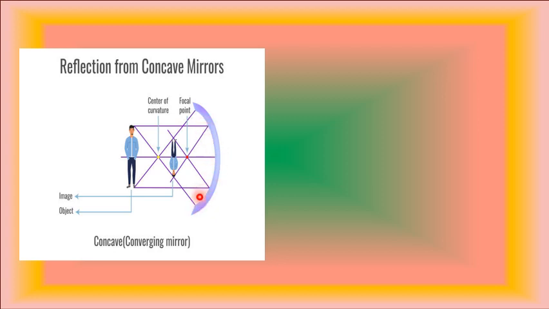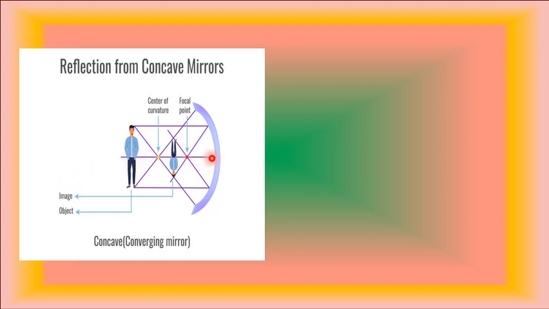It is called converging because when the reflected rays are traced, they tend to converge somewhere in the principal axis. So the imaginary line that connects the vertex of the mirror, the focal length, or the focus, as well as the center of the radius of curvature, they are all connected by this so-called principal axis.